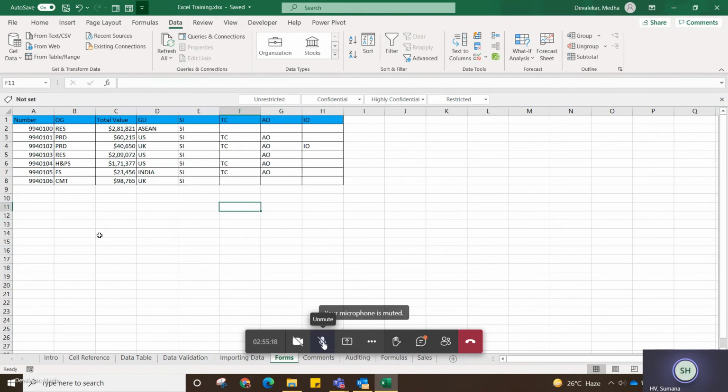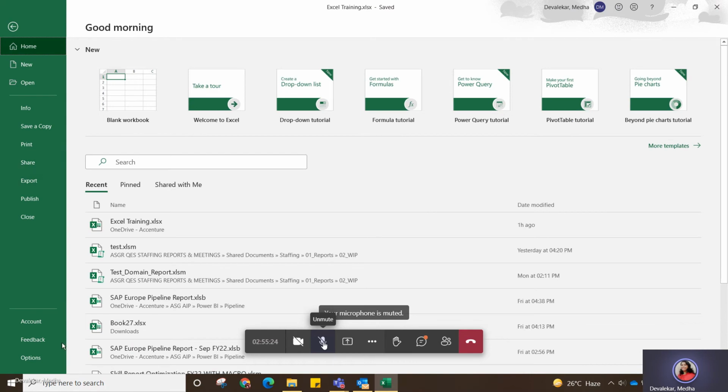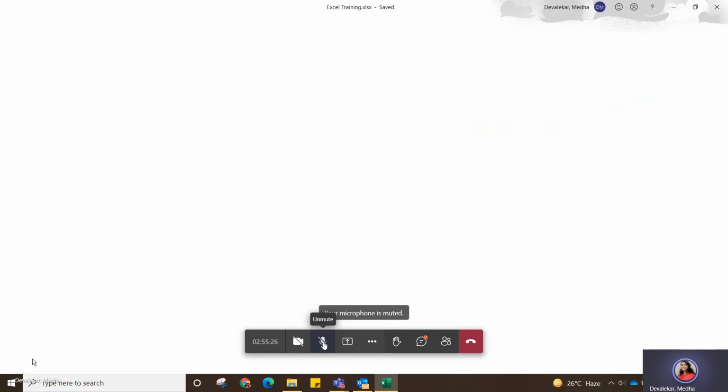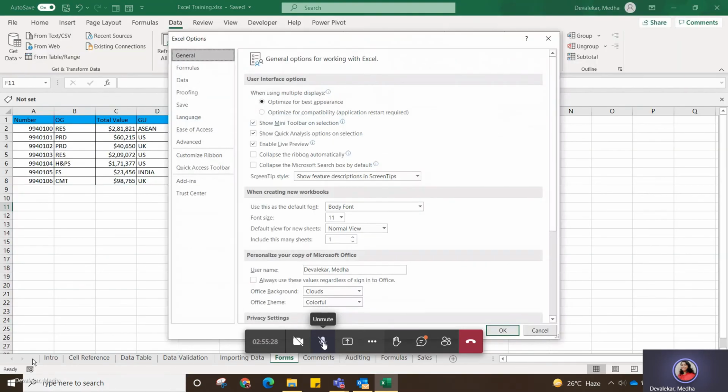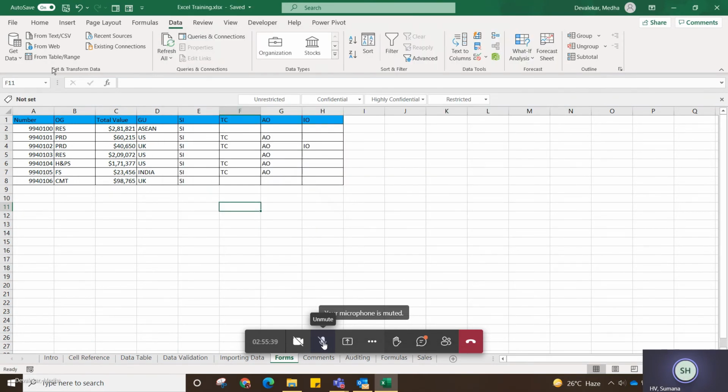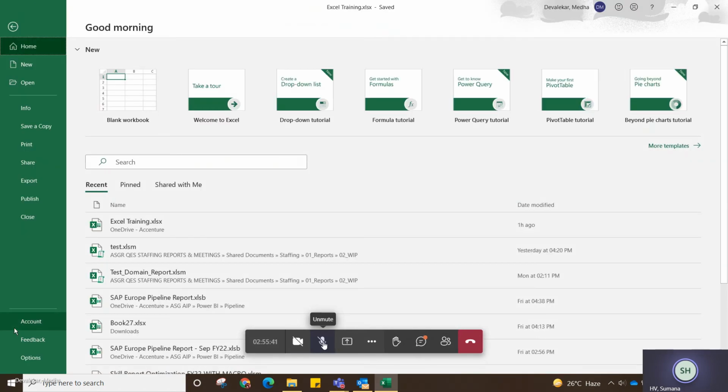It's blurred. Okay, try one more thing: go to file, then options. You can see this box now. Go to file, and then the last thing, options.